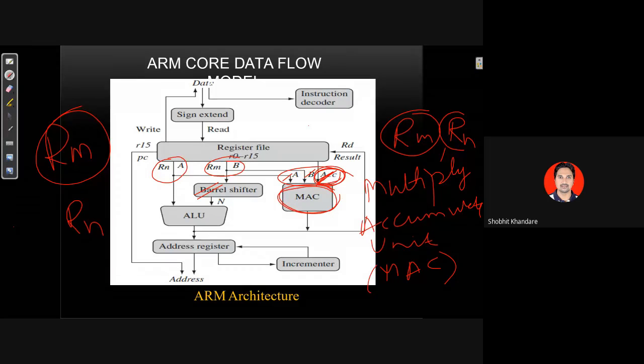And if you see properly, ALU का आउटपुट और मैक का आउटपुट is given through the C bus, जो मैंने पहले बताया था, and that is nothing but your result, और दैट इज थ्रू द डेस्टिनेशन रजिस्टर। ओके, दूसरी बात, आपका RN कहाँ से आ रहा है, आपका RM कहाँ से आ रहा है, और आपका रिजल्ट कहाँ पे जा रहा है। Again I am repeating, आपका RN कहाँ से आ रहा है, आपका RM कहाँ से आ रहा है, और आपका RD कहाँ जा रहा है। ये सब जा रहा है रजिस्टर फाइल में। ओके, यानी हम जो भी रजिस्टर यूज करेंगे वो रजिस्टर फाइल में से यूज करेंगे।